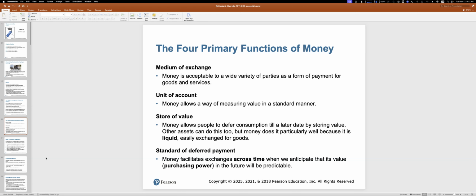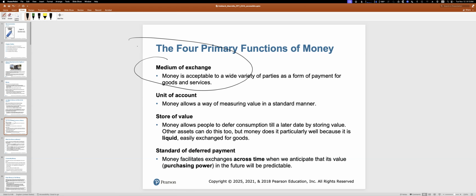The most important of these functions would be medium of exchange. This is the most important. Money just has to be something that people are willing to accept as a form of payment. So again, I'm not saying that cryptocurrency can't become money. It's just that it isn't right now. And so if anything, maybe people are investing in it because they think that at some point people are going to be accepting it rather than the US dollar.